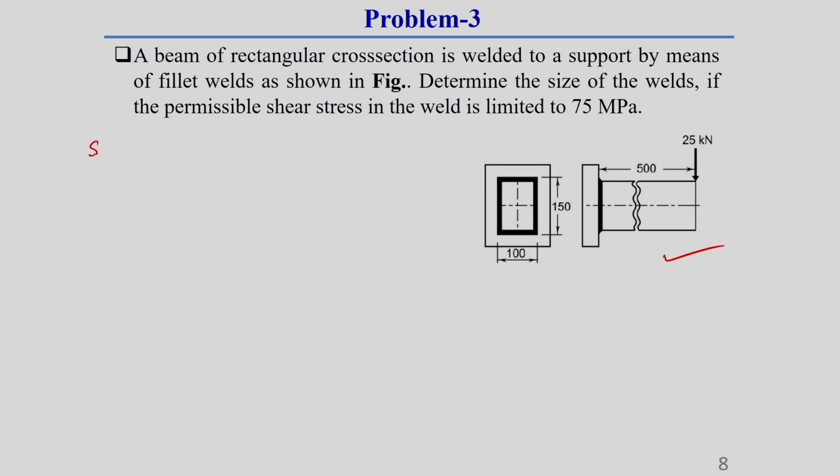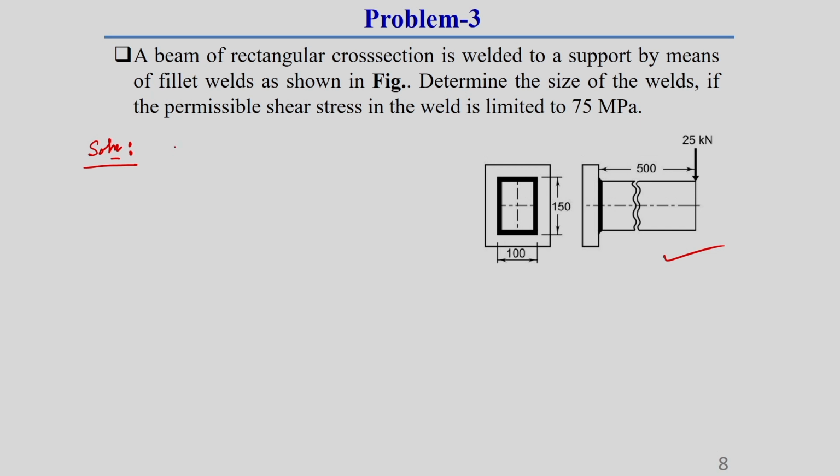So, here is also more or less a similar problem to the first problem, but in the first problem we considered 2 parallel welds only, but here we consider 4 welds because there are 2 vertical and 2 horizontal welds. So, that is why here the calculation and other steps will be a little bit different. What the difference is, I will now show.